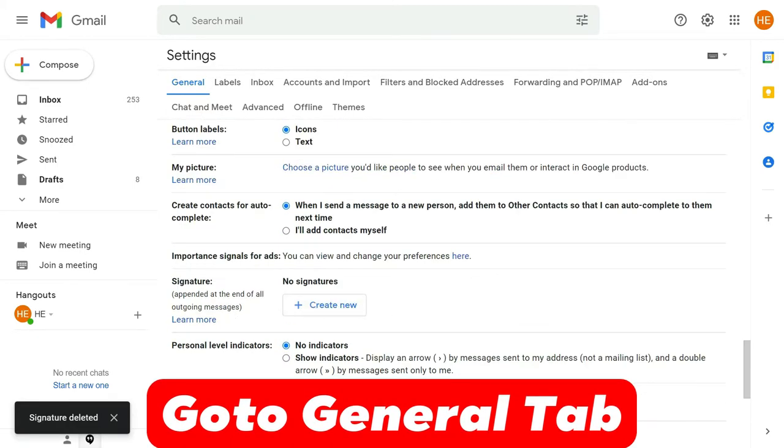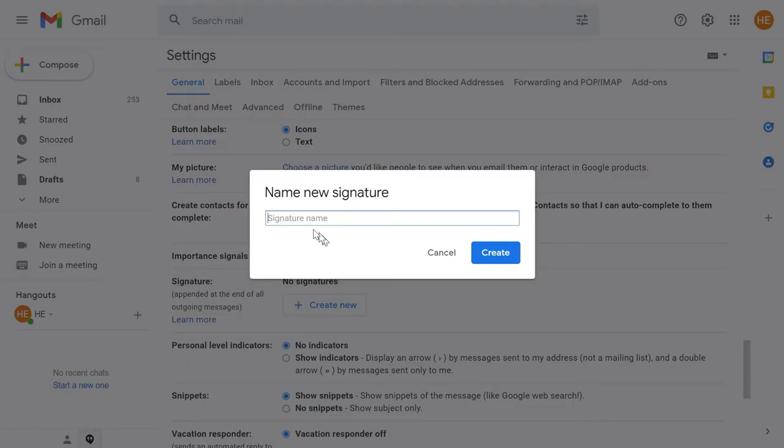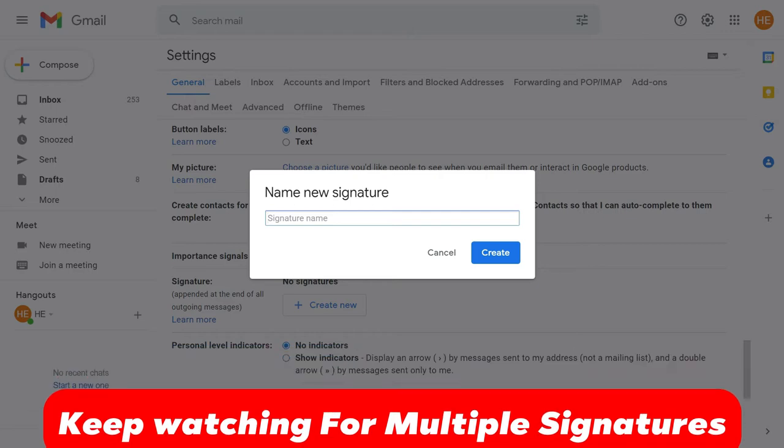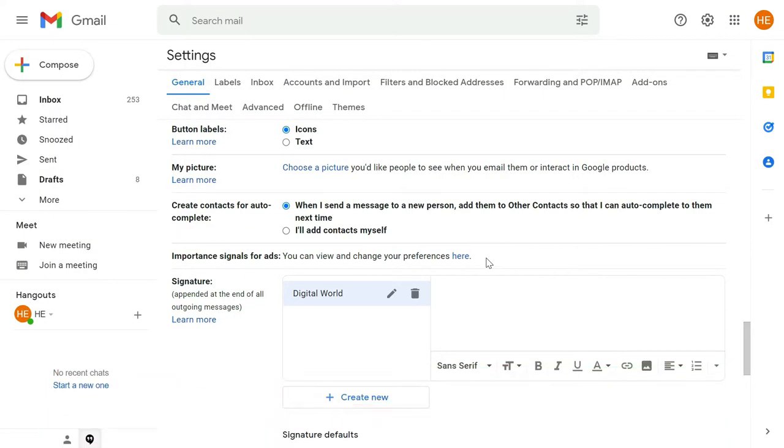over here you will see the option of Signature, and right now there are no signatures attached to this email account. In order to create a new signature, I'll just click Create new. You have to name your digital signature, so I'll just give a name and click Create, and towards the right side you will see the option where you can add the digital signature, which will be appended at the end